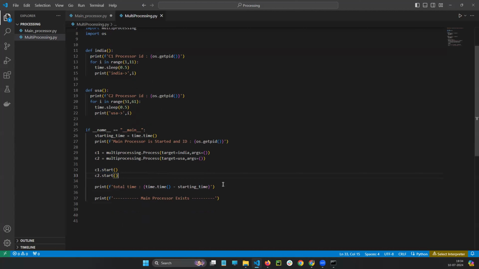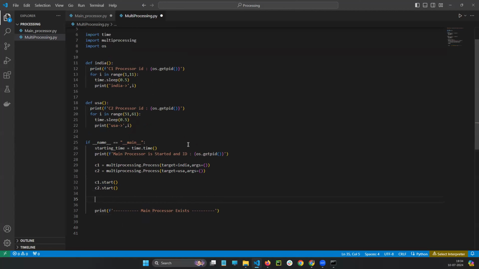So the point here is why the print is coming. Okay, print by starting time, ending time. Let me do one thing. I can write somewhere else. So this is the issue.